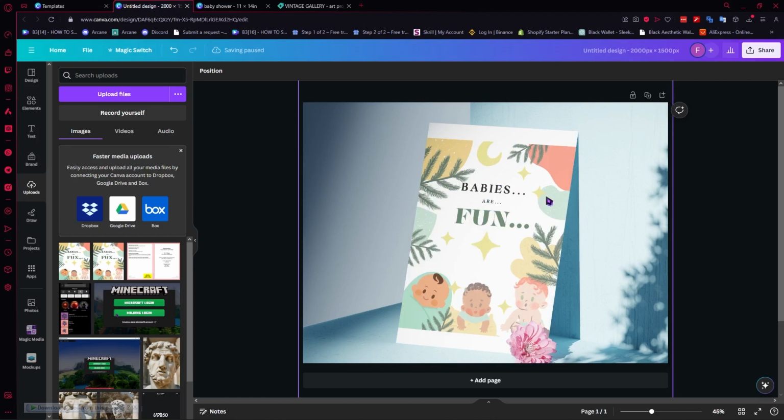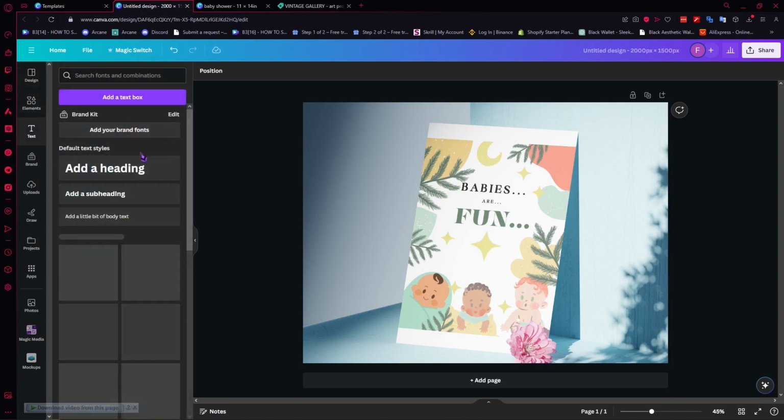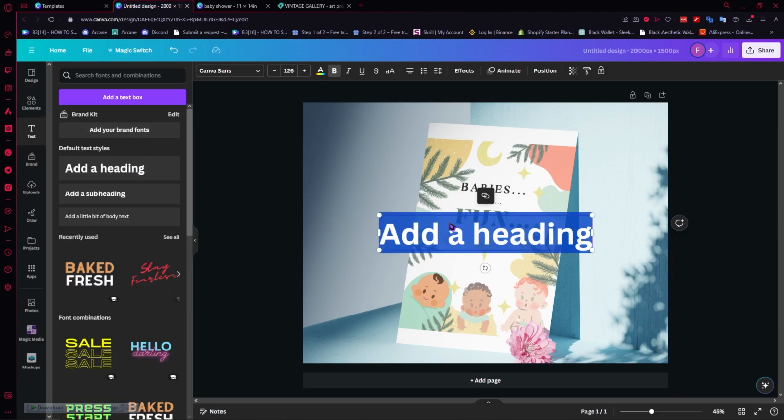So yeah, this is a very simple yet effective way of creating your mock-ups right here on Canva. And this would save you a lot of time right here. So you can also select other mock-ups if you would like, but this is basically the easiest way that you can do it, so that you can sell this on Etsy and have your samples right here. And I would want the customer to know that this is a digital download, so I'm